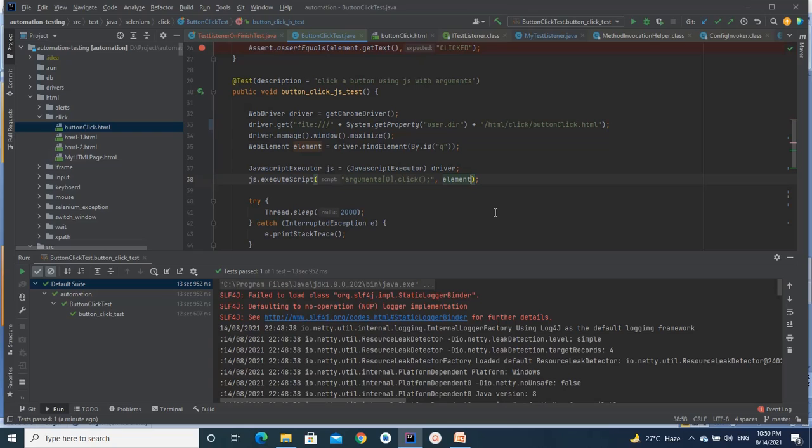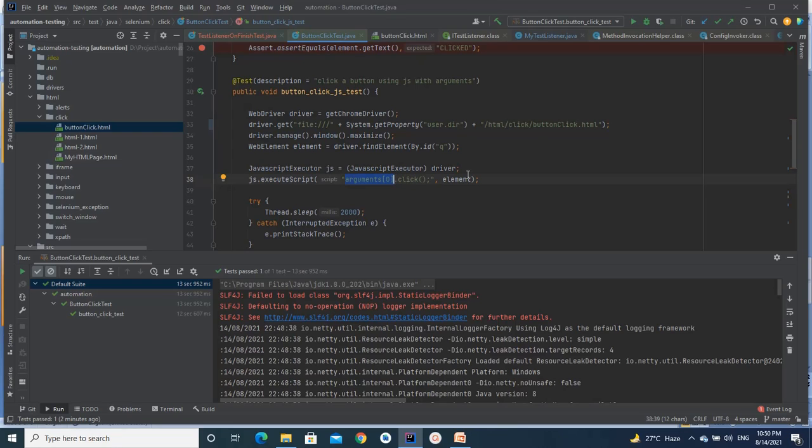If we have more than one web element, I can pass, let's say, E2, E3, and so on. In that case, it will change from arguments[0] to arguments[1] to arguments[2] and so on. Here we have only one argument, that's why the index is starting with 0.